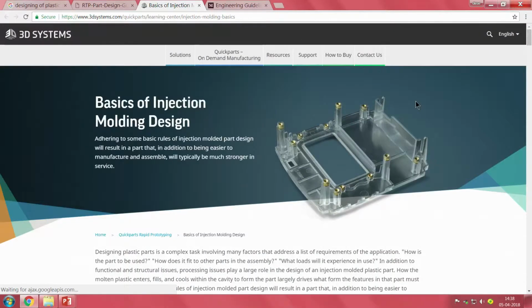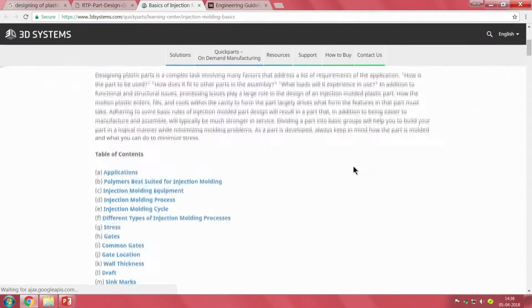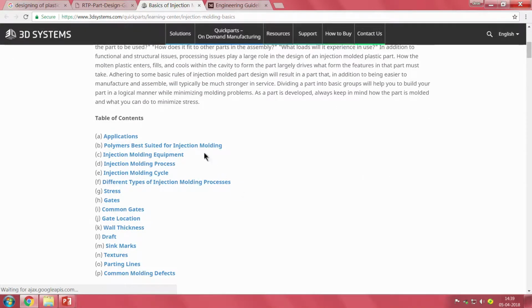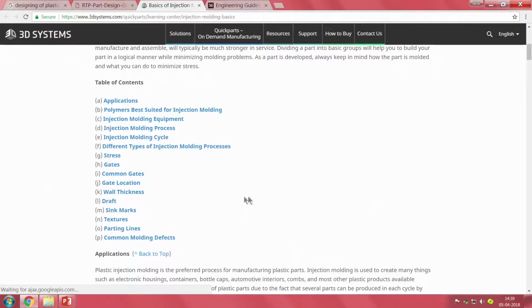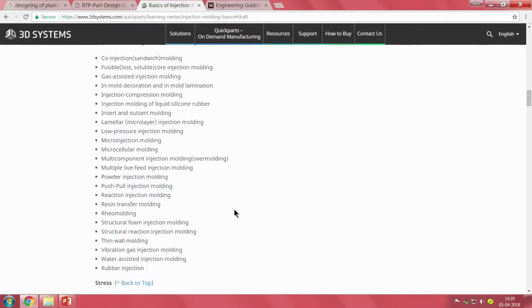The issue being, if I now, so have a look at my monitor, invariably 3D printed parts like this are made for injection molding. Okay, and when you make it for injection molding, certain simple guidelines are passed. My suggestion is go to the 3D Systems website, and you can see a lot of things suited for injection molding, and about wall thickness and draft. So, enough amount of data is available.